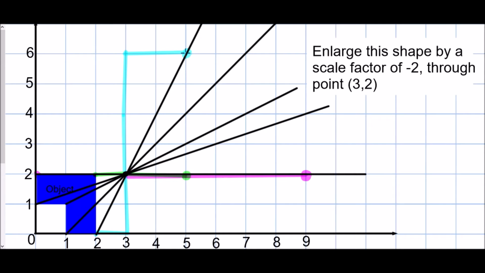Now those 3 corners may well be enough for us to draw our enlargement, because what that is telling me is that this is the outside of the shape here. The orientation has changed, but the sizes have all been multiplied by 2, and so this length here, if you wanted to, you could start drawing in a few more just to be absolutely sure. So we might take an extra point, possibly this one here, just to be sure as to where we're going to be drawing. So that is 2 to the left and 2 down, and so now that's going to be 2, 4 to the right and